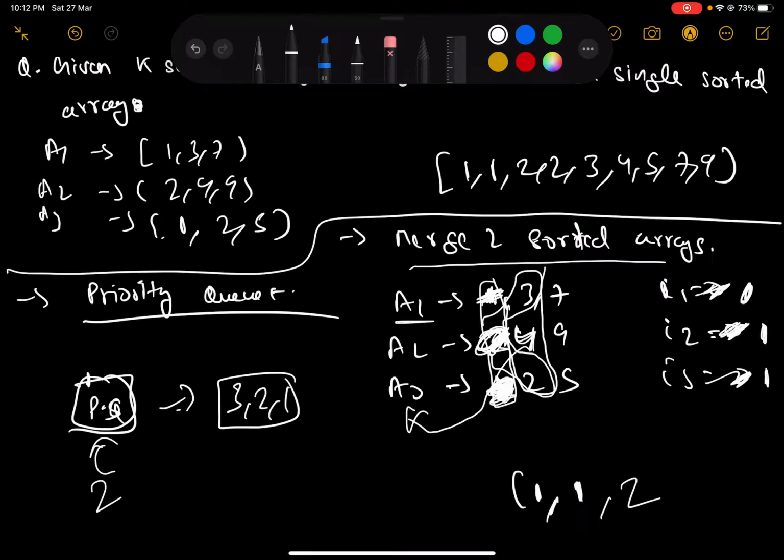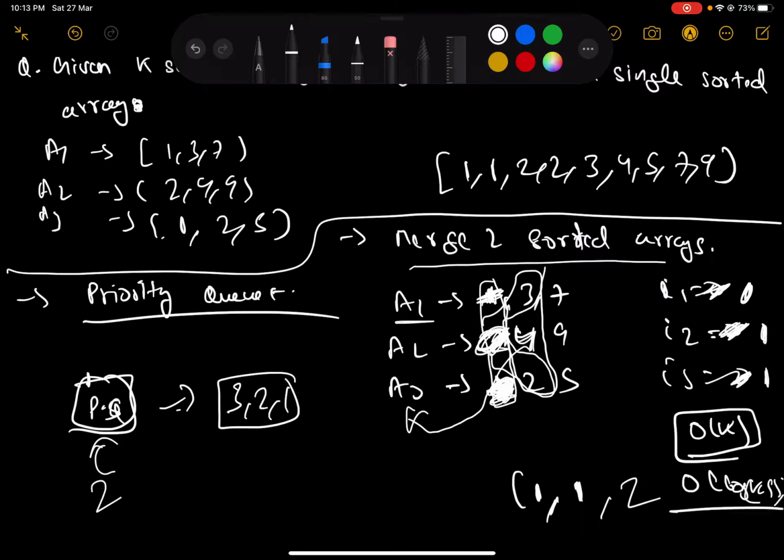So basically, at the step when we try to find the minimum element among all the pointers, we pinpoint the minimum in O of k time. But with the help of a priority queue, since there are at most k elements active at a time, we are doing it in O of log k time.